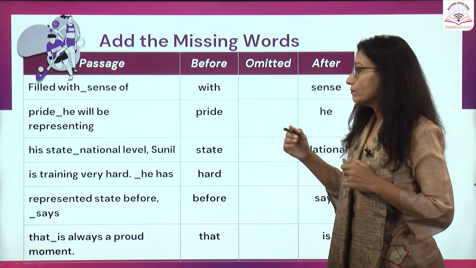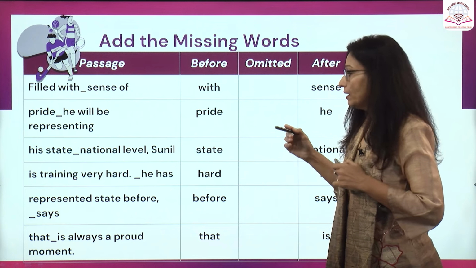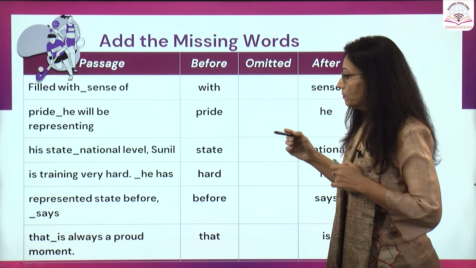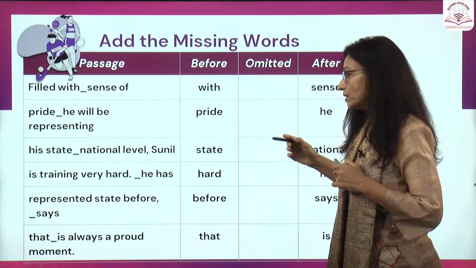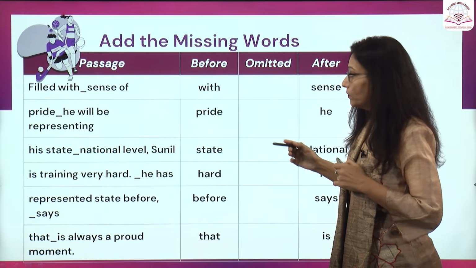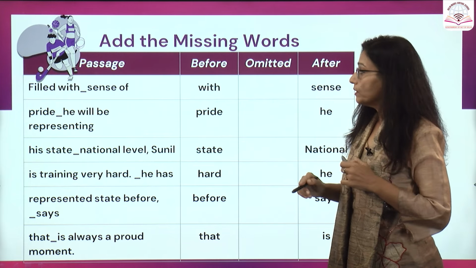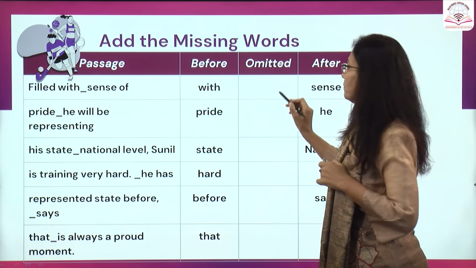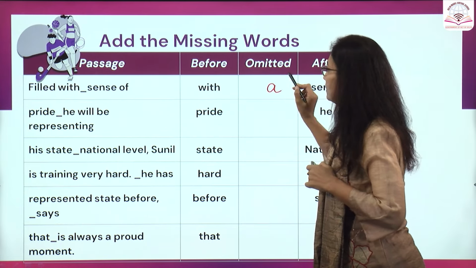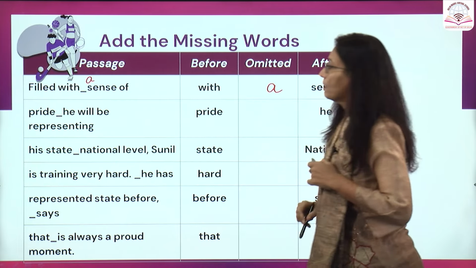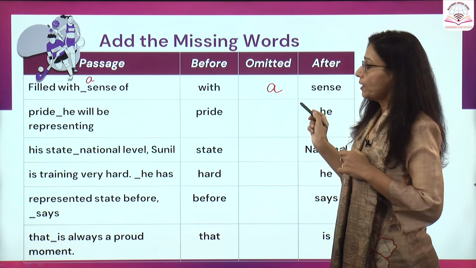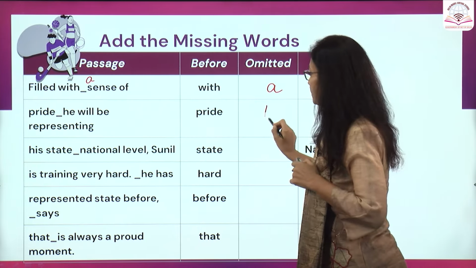Sunil is training very hard dash he has represented state before dash says that dash is always a proud moment. Filled with a sense of pride. So we should write a here, precisely here. Filled with a sense of pride that